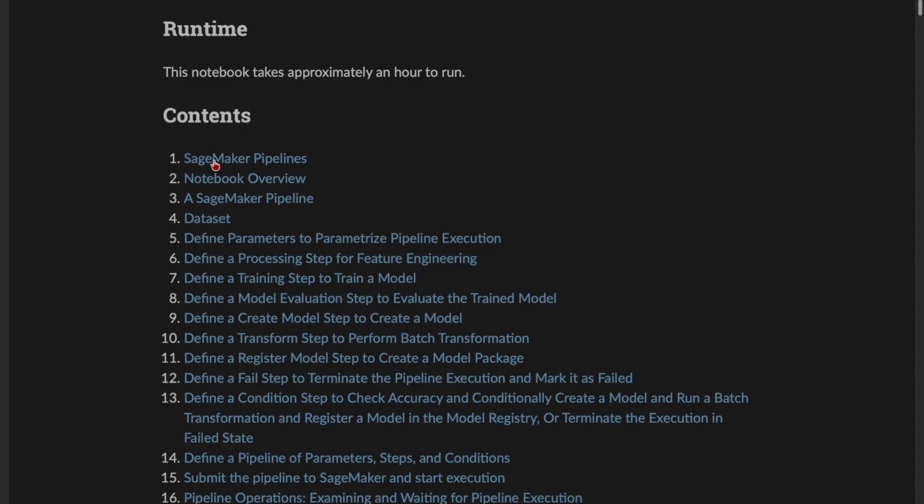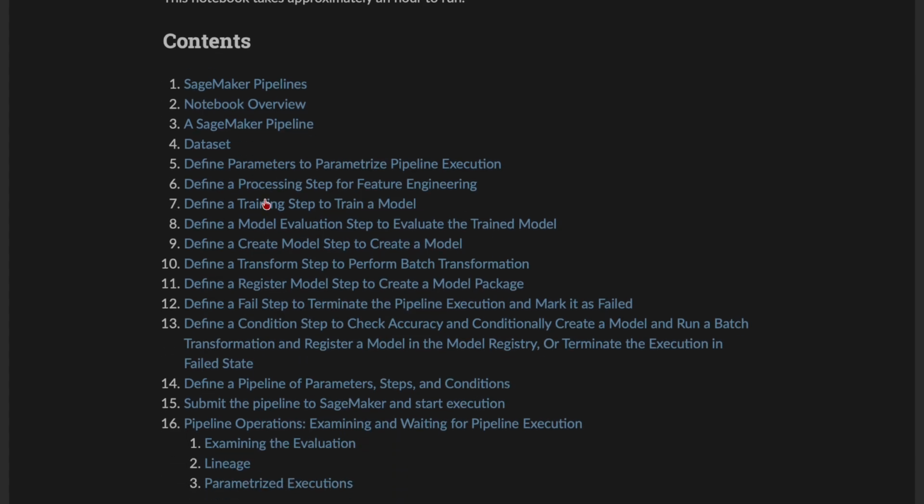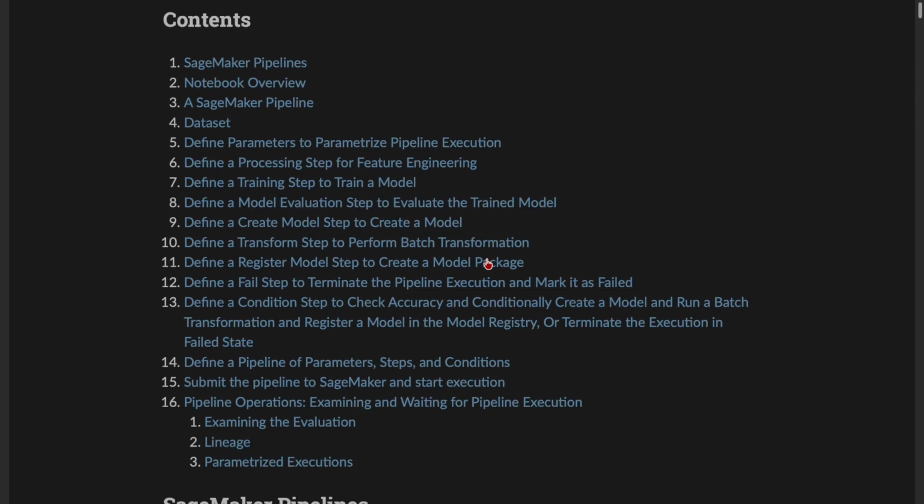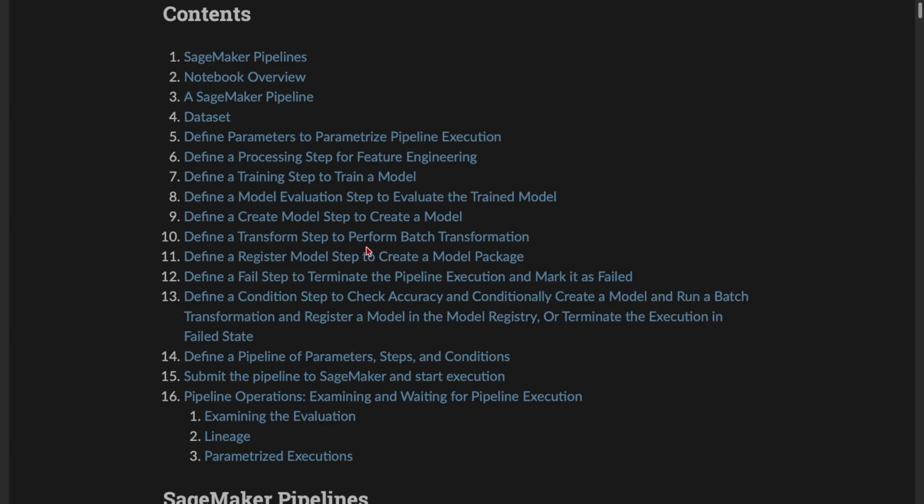We have contents like SageMaker Pipeline, then notebook overview, SageMaker Pipeline dataset, define parameters to parameterize pipeline execution, define a processing step for feature engineering, define a training step to train a model, define a model evaluation step to evaluate the trained model, define a create model step to create a model, define a transform step to perform batch transformation, define a register model step to create a model package,